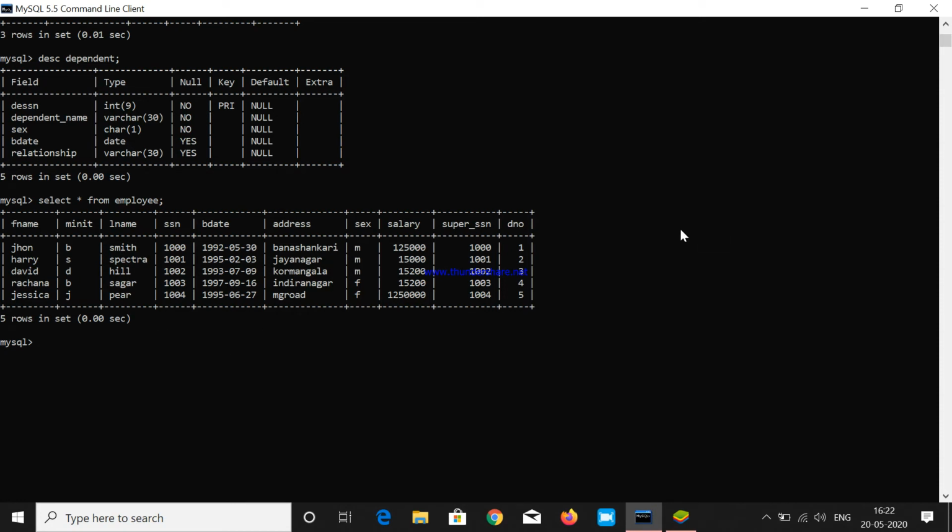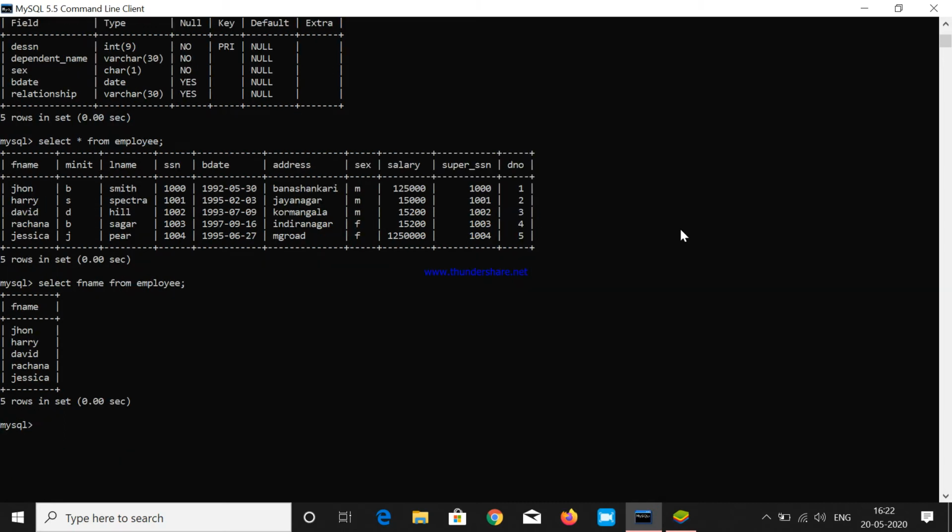Now I'm going to use the select statement again on the same table. Now I'll use select fname from employee. It will give only the fname column from the employee table.